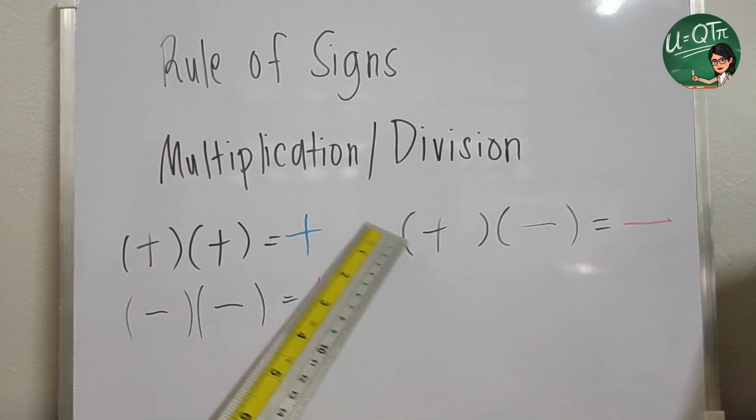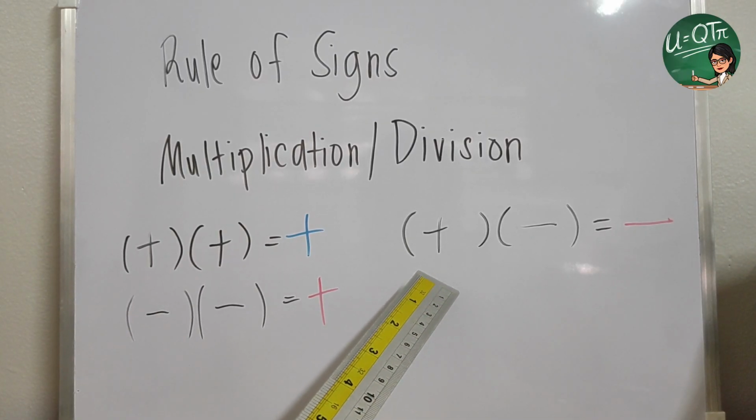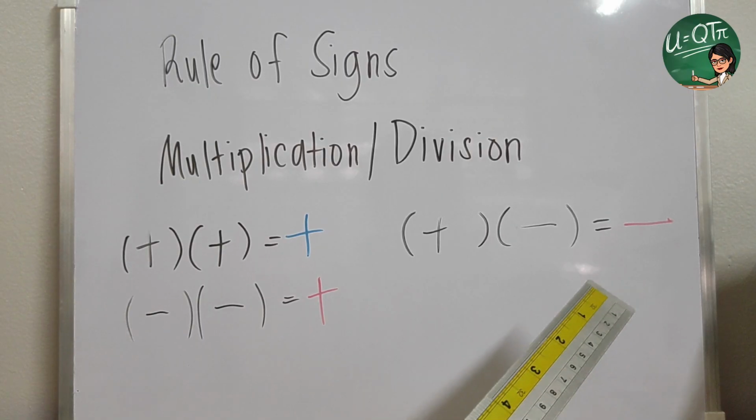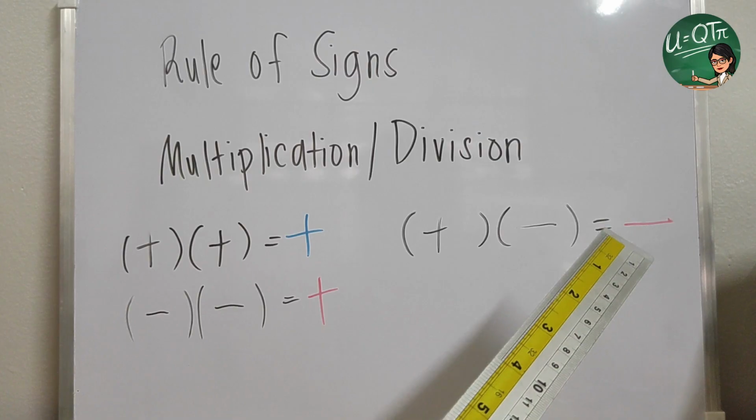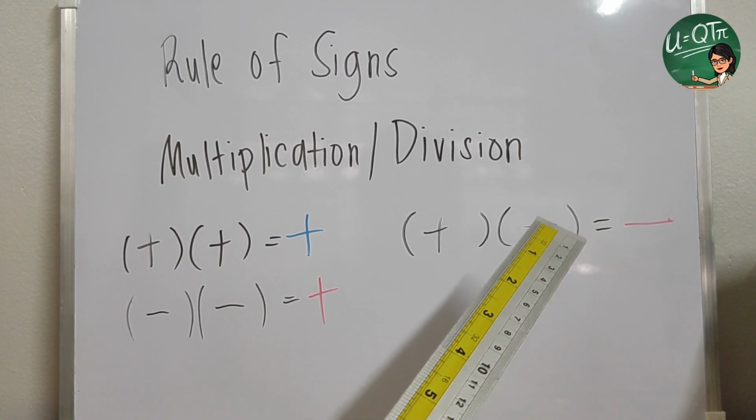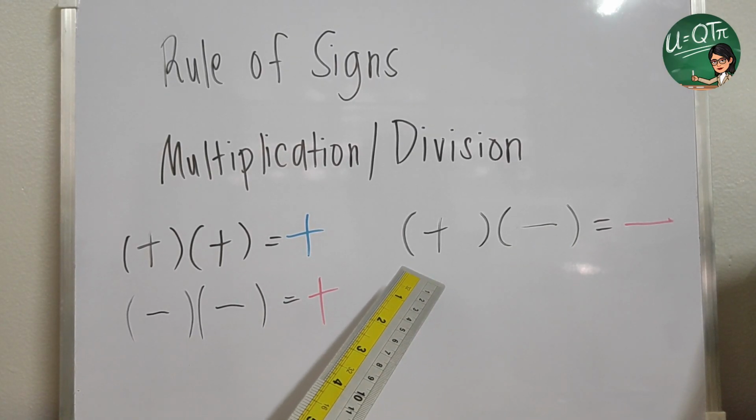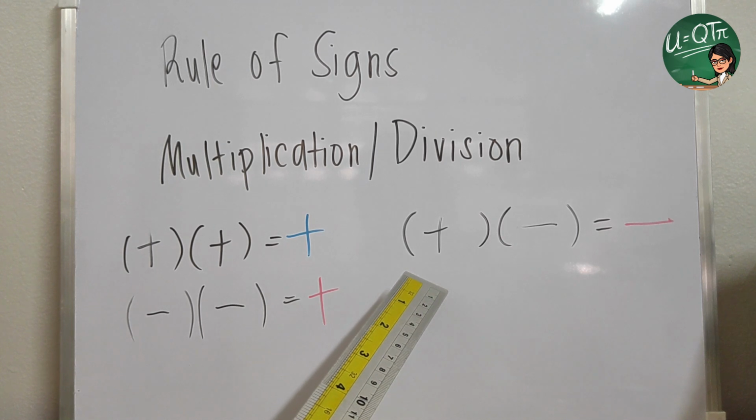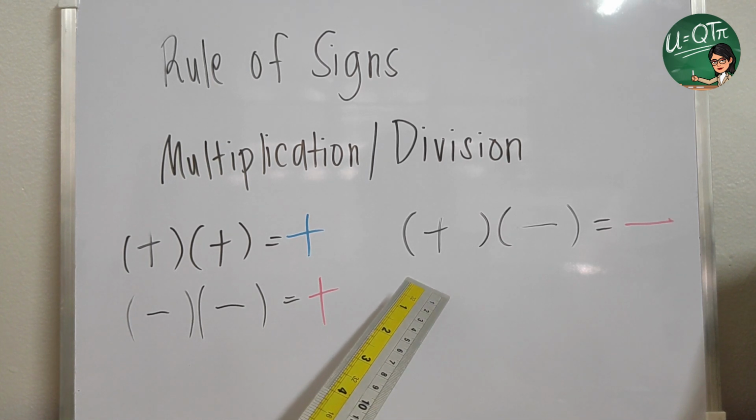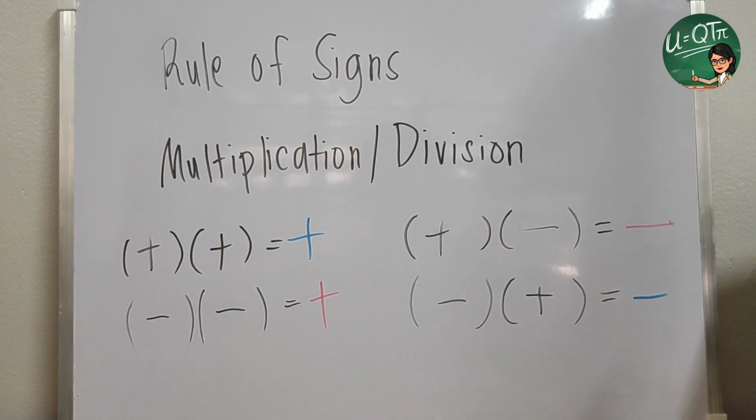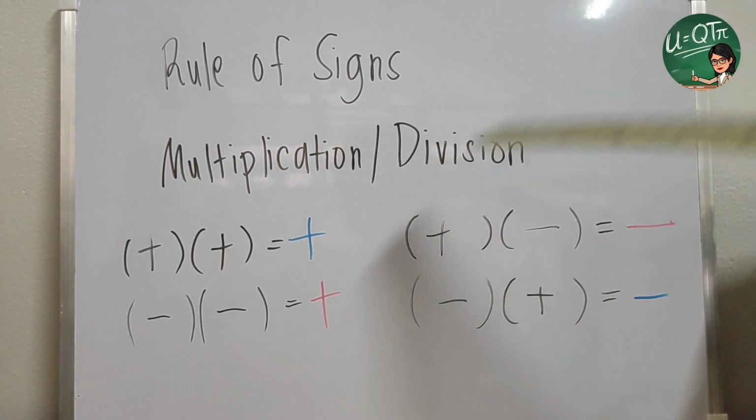So in addition, if the positive number is higher than the negative number, the sign of your answer will be positive. But if the higher number is negative, then the sign of your integer will also be in negative form. Last but not the least, in the rule of signs of multiplication and division, I have here a